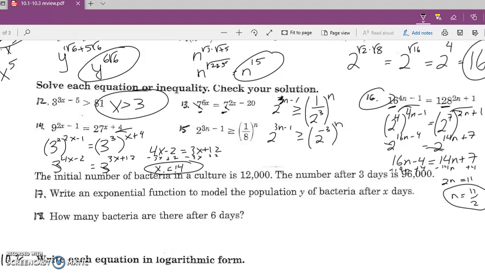Then I would multiply, so I would get 2 to the 3n minus 1 is greater than or equal to 2 to the negative 3n. And now I can just ignore the bases. So 3n minus 1 is greater than or equal to negative 3n. I would just, probably the easiest thing is to move this negative, well, I could subtract